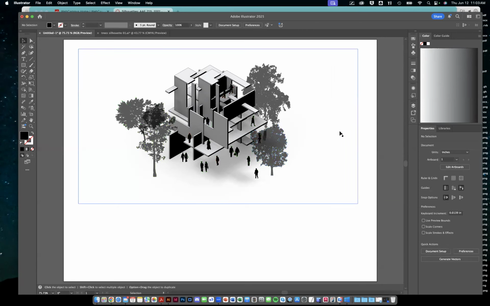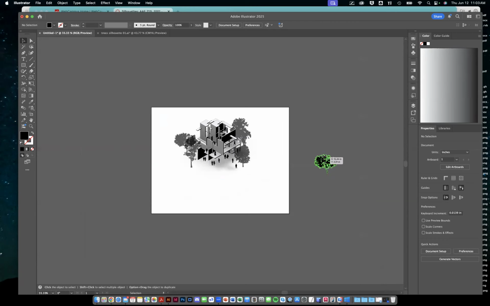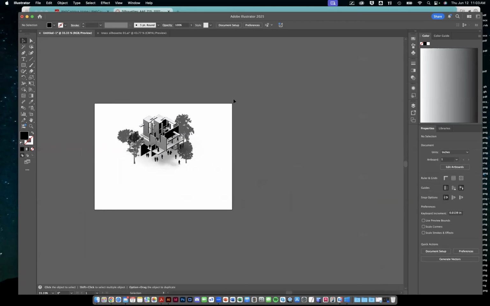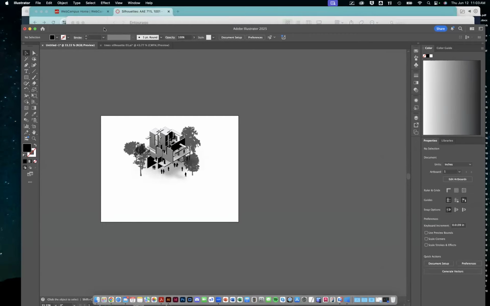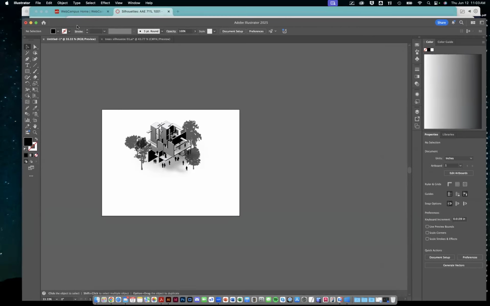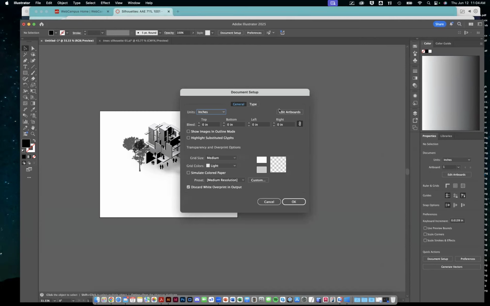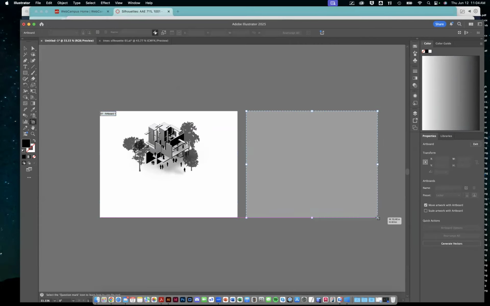Or I could start to make three more pages here in Illustrator. Now, let me just show you quickly how you can do that in Illustrator if that's the way you want to go, right? If I just zoom out again using Command minus, here along the top, I'm trying to move things away from my Zoom interface here. I can go to Document Setup, and I can say Edit Artboards, and I can draw another piece of paper